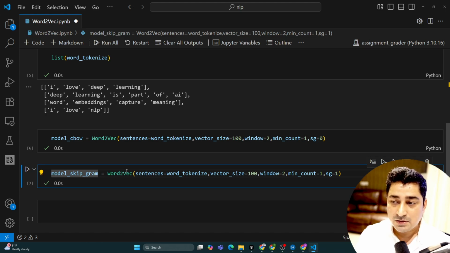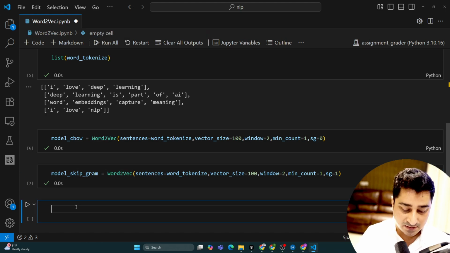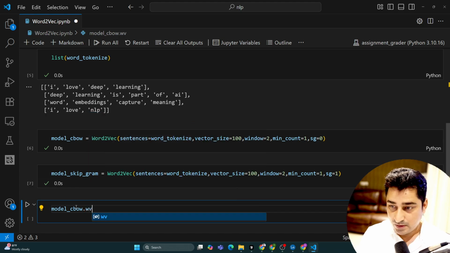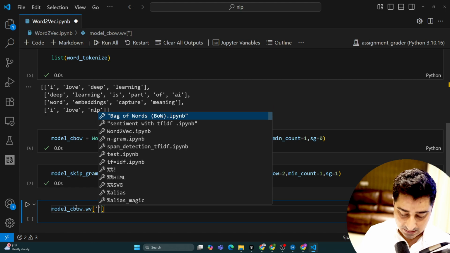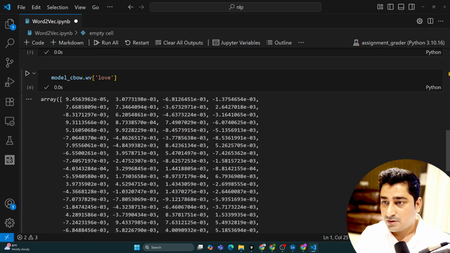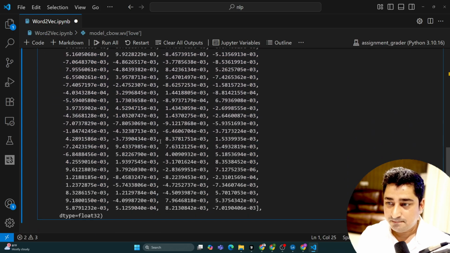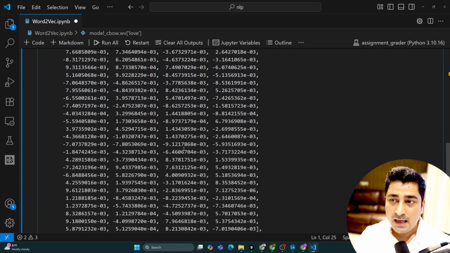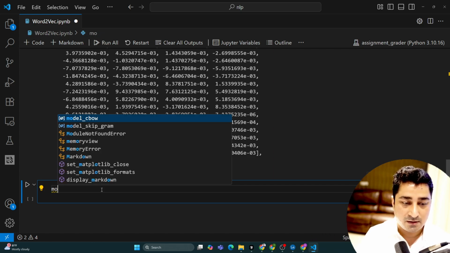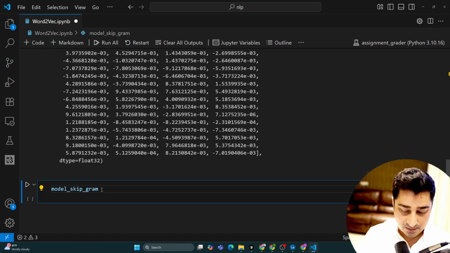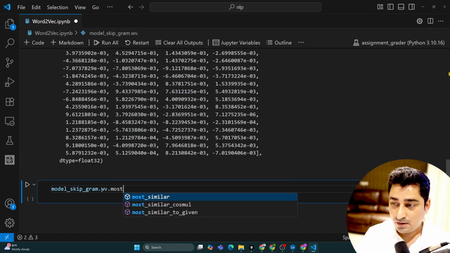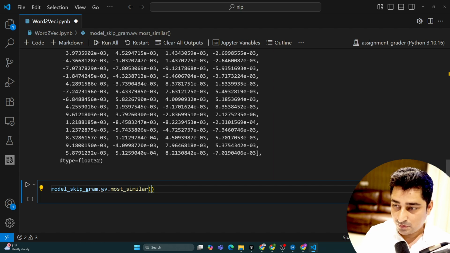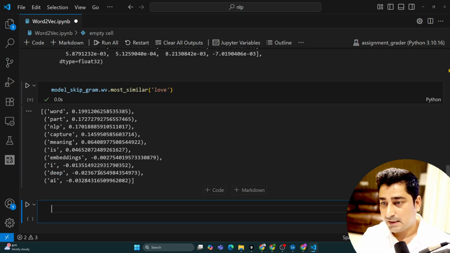And here we are going to pass, let's suppose, some sort of data. So in model CBOW, we are going to pass a word vector, basically "love". Now it is going to give me some sort of output. The dimension of this output is going to be 100. Now, if I give model.wv.most_similar,